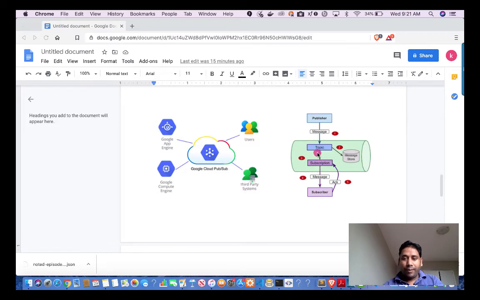So the subscriber has to acknowledge that it has got the message. If the subscriber does not acknowledge receipt of the message within a certain time frame, which can be 10 seconds or 1 minute, which we can define, in that case the message will be pushed again. That's how we are guaranteeing that you will get the message at least once. So if there was some failure and the subscriber was not able to acknowledge the message, the subscription will send it